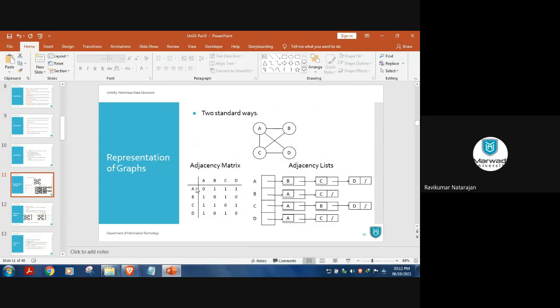So there will be a graph, and then you just want to take all the vertices here in row and column, and then you have to say whether there is any edge between that particular vertex, then you just mark it as 1 or 0. Then similar to that adjacency list we have seen. So and then you have to proceed sequentially here. Fine.